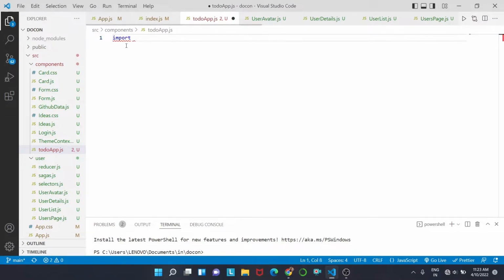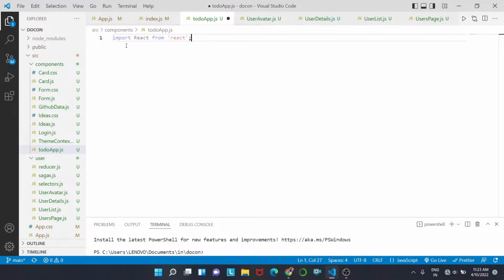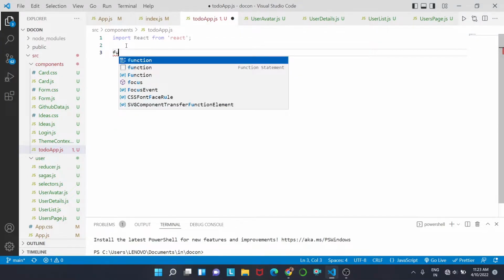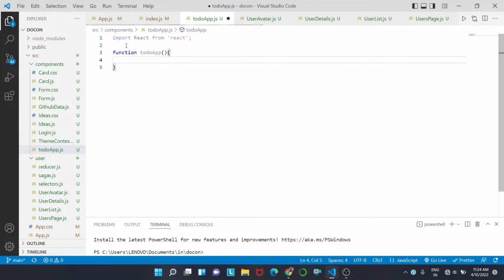Okay, so we'll have to hard code. So import React from React, then function todo app, return,